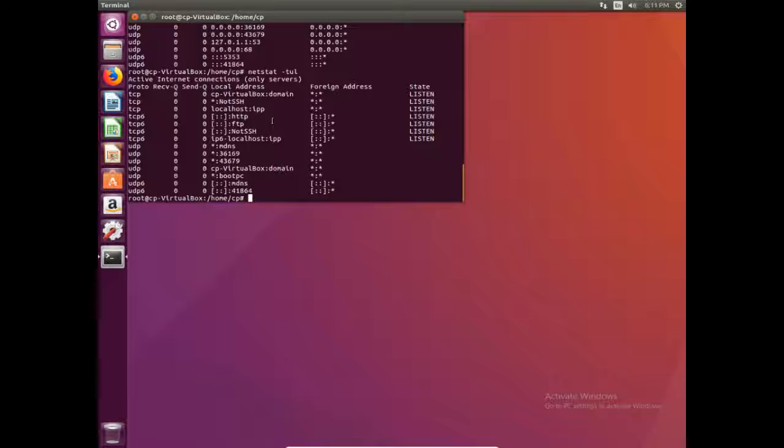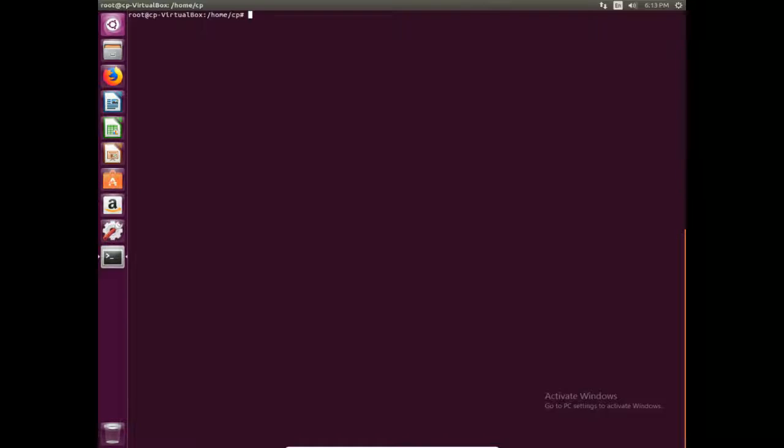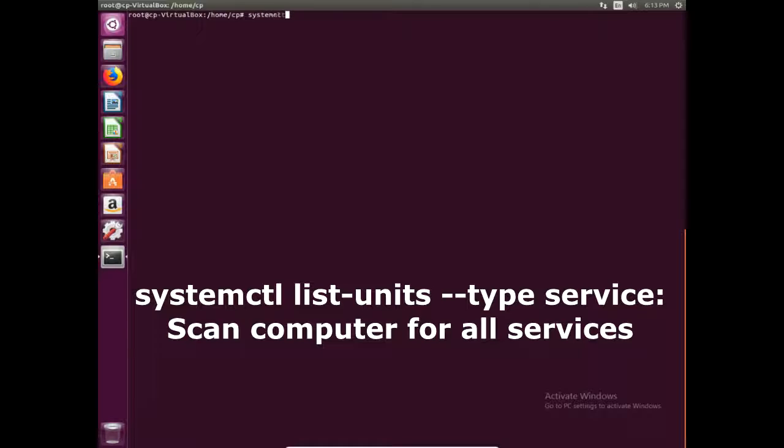Now, the next thing we'll go over is disabling services or enabling services, and knowing every service that's on the computer without using nmap or Netstat. The thing that makes this command different from nmap and Netstat is this command shows you all the services, even if they're off or on. Nmap and Netstat will show you only port numbers, the protocol, and if it's on or off. The command is called systemctl